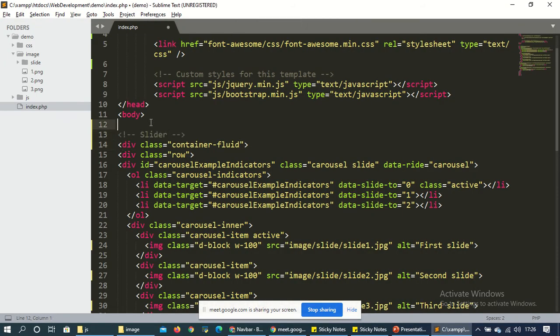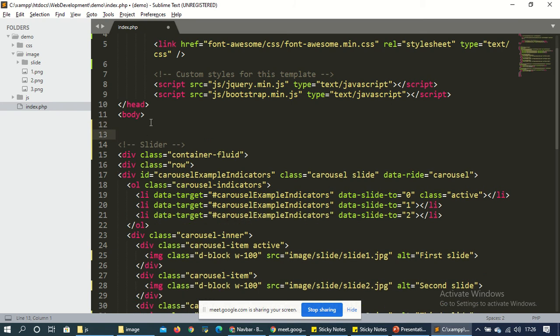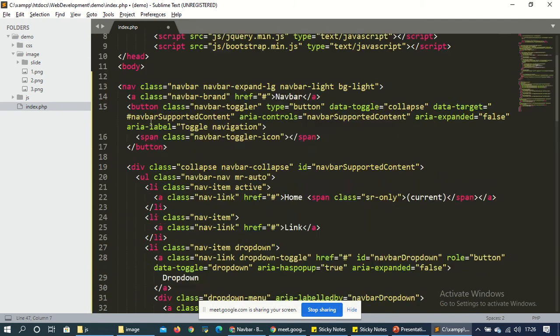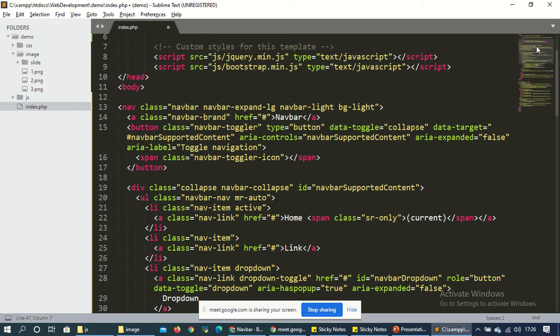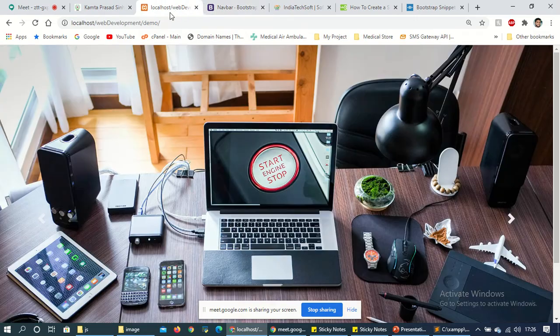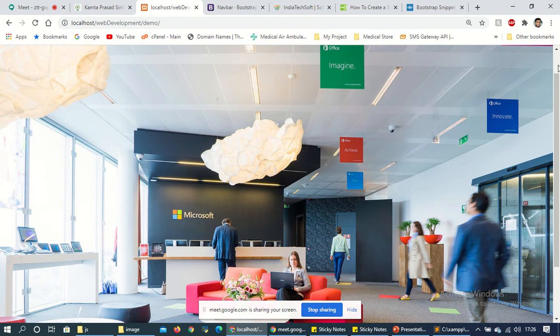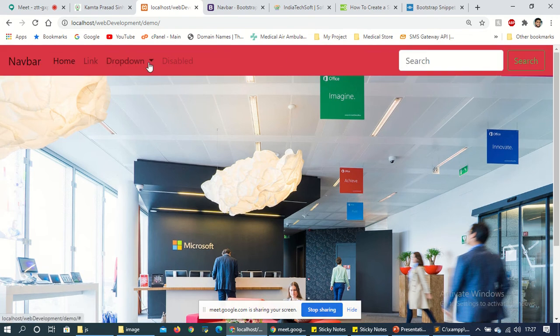I have used bootstrap. Paste here, and just come to here, danger. Yes. Okay, now the dropdown is also working.